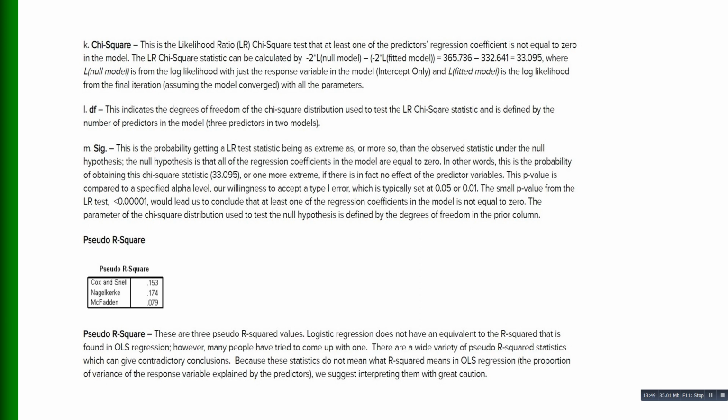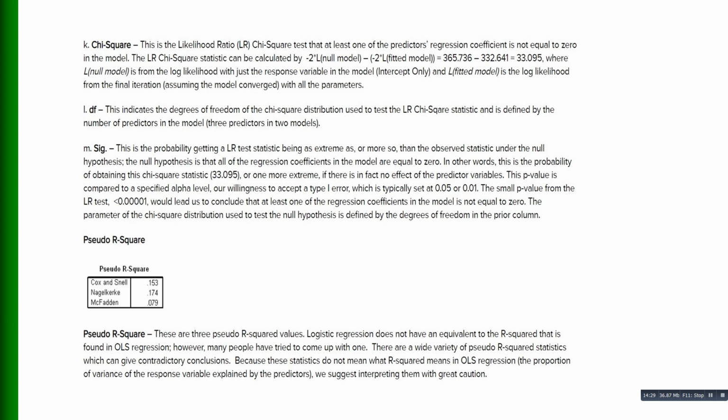The log likelihood chi-square statistic can be calculated by -2 times the null model minus -2 times the fitted model, and that is equal to 365.736 minus 332.641. So the chi-square statistic value is equal to 33.095, where the log likelihood null model is the log likelihood with just the response variable in the model, intercept only, and the log likelihood fitted model is the log likelihood from the final iteration, assuming the model converged with